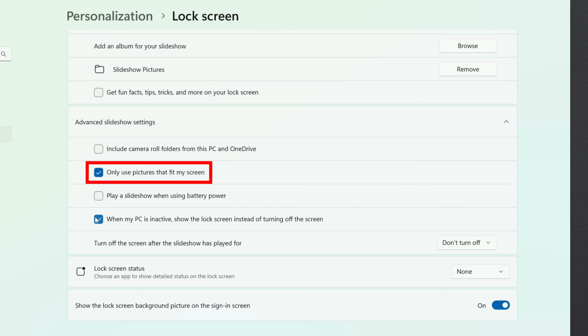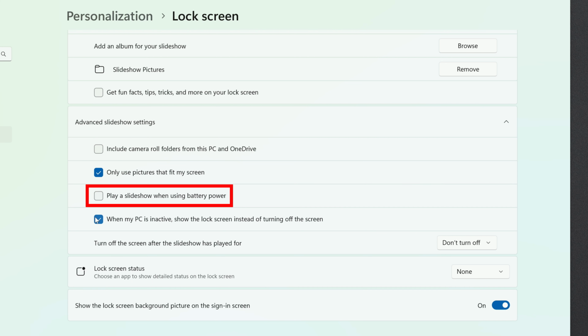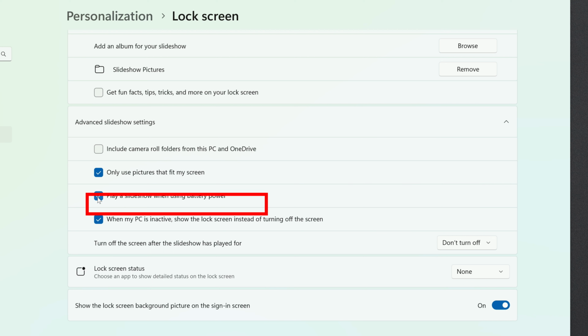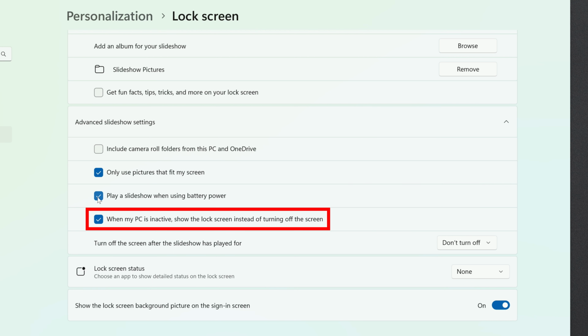You can also make sure that Windows will only use pictures that fit your screen, skipping ones that don't. You can choose to play the slideshow even when your computer is on battery, or leave it unchecked if you'd rather not. You can also choose to show your PC's lock screen instead of turning off the screen completely when